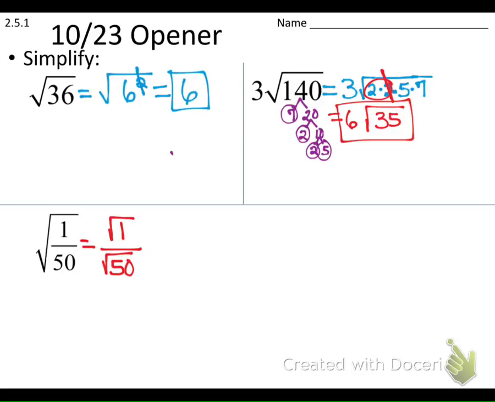Now, I'm going to have to simplify each square root. The square root of 1 equals what? 1. But the square root of 50, I'm going to have to factor and put it in simplest form. So my square root of 1 equals 1. That stays as your top number. But then the square root of 50, we're just going to go ahead and factor it and put it in